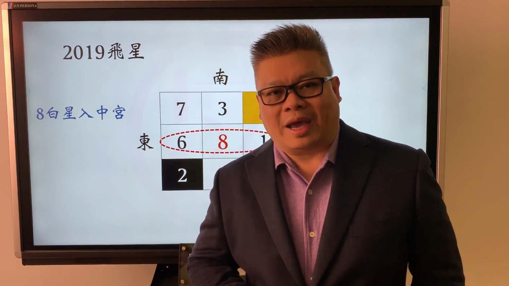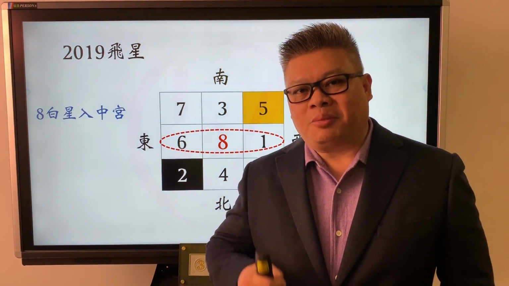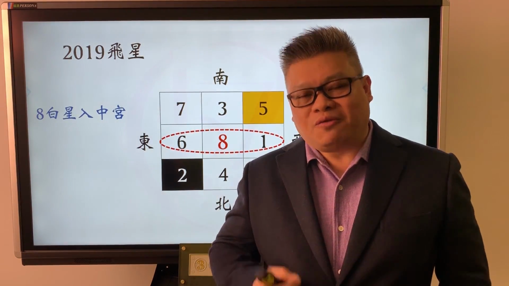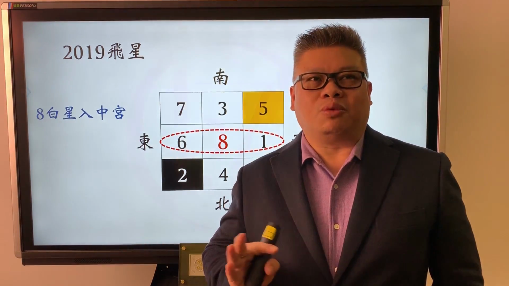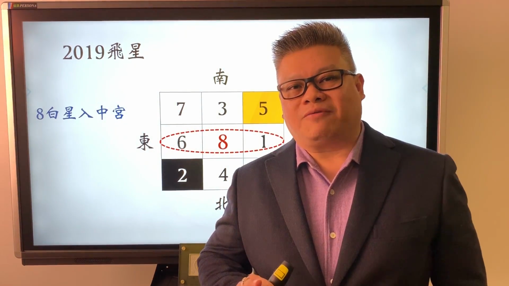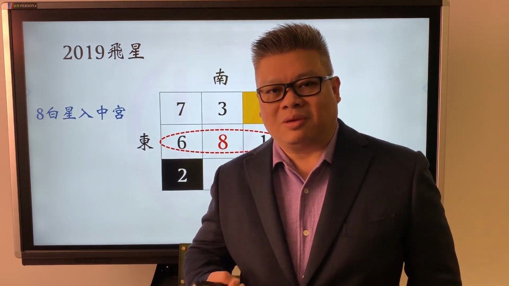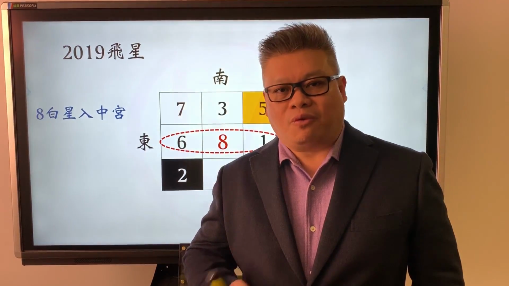Next year, 2019, is also known as the year of the pig, and the year of the pig starts on February 4th, at a particular time which, if I'm not mistaken, is after 11 a.m. in the morning. We will give out all the specifics in due time